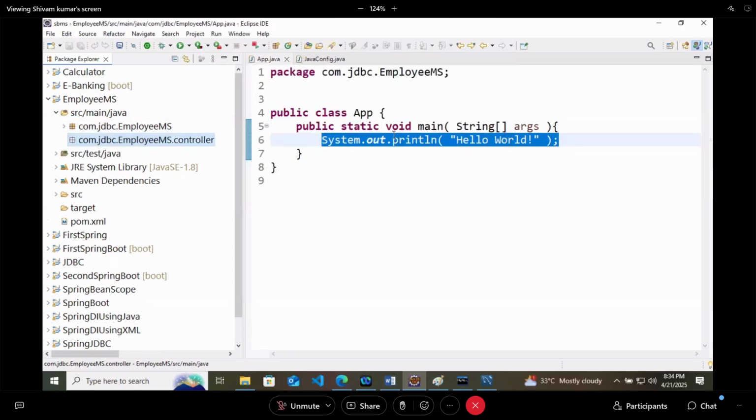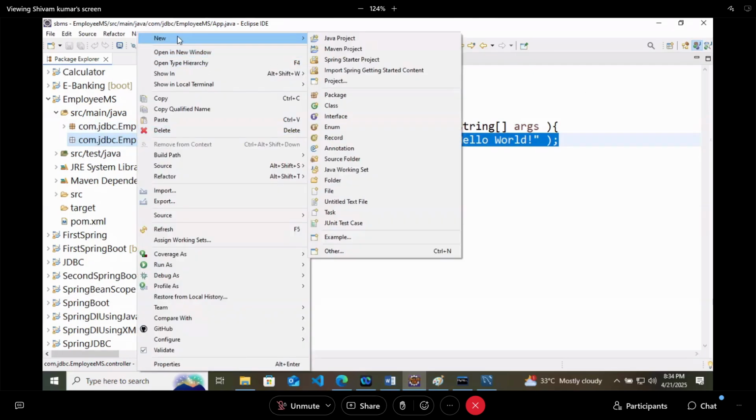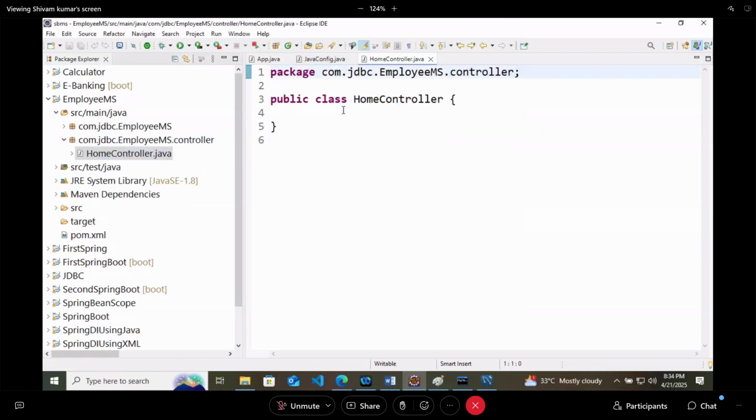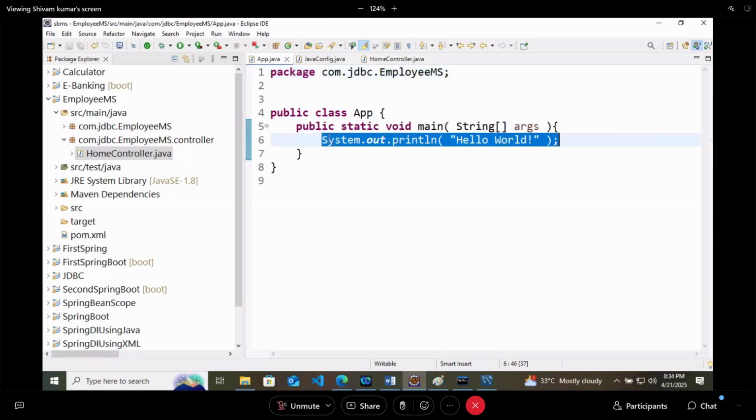Remember that we create a lot of packages. Now in this controller, at first I will create a home class, that is HomeController.